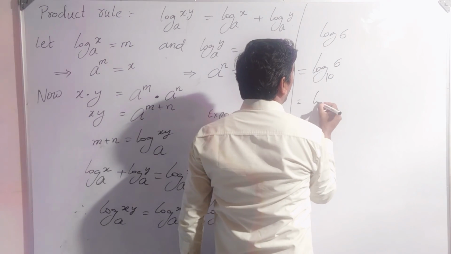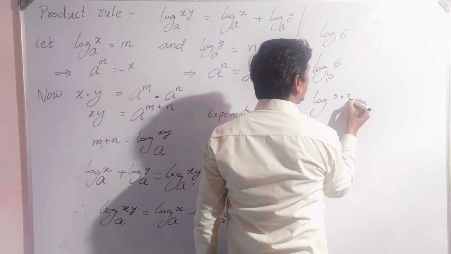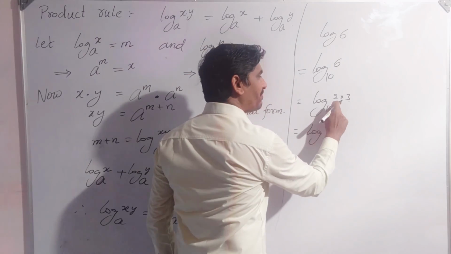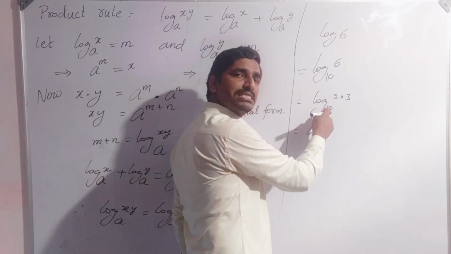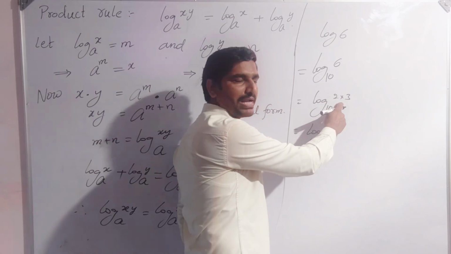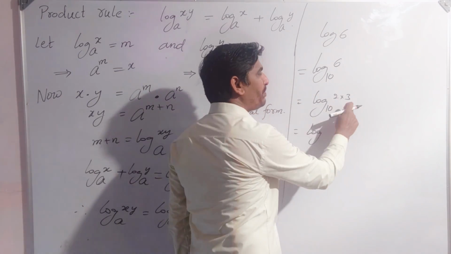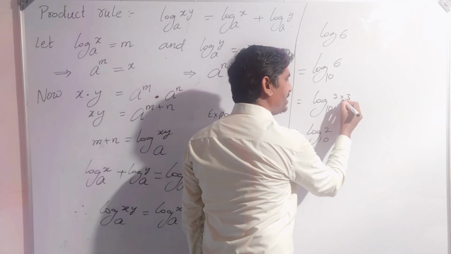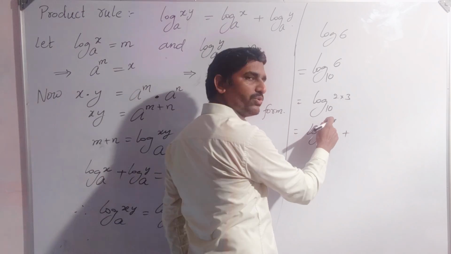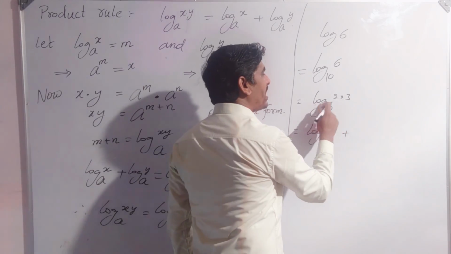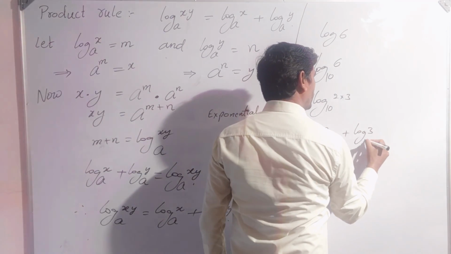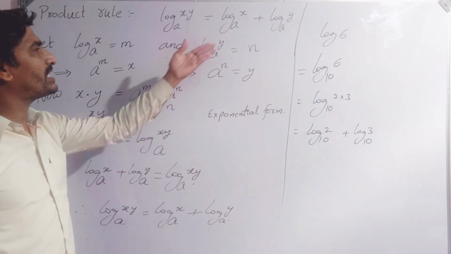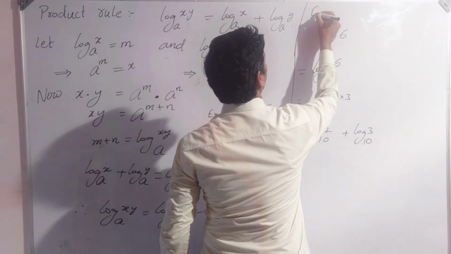Now log 6. Logarithm of 6 can be written as 2 into 3 to the base 10. Now how can we write this? Logarithm of multiplication is there. Now logarithm is applied; only multiplication applies, not plus, 2 plus 3 is 5. So 2 into 3: logarithm of 2 to the base 10, into becomes a plus, logarithm of 3 to the base 10. Like this we have to write these expansion forms. Logarithm of 6, application of this one. This is an example.